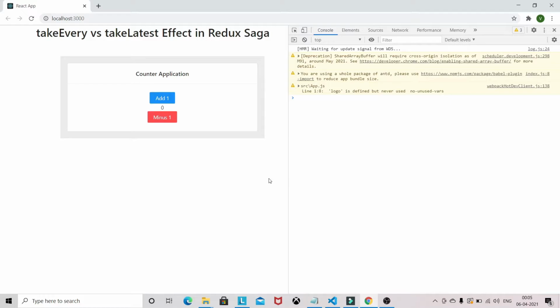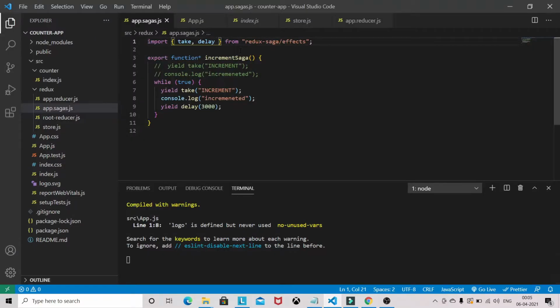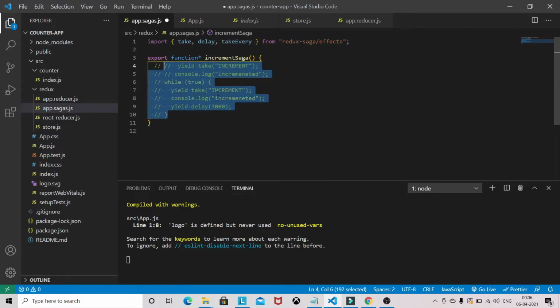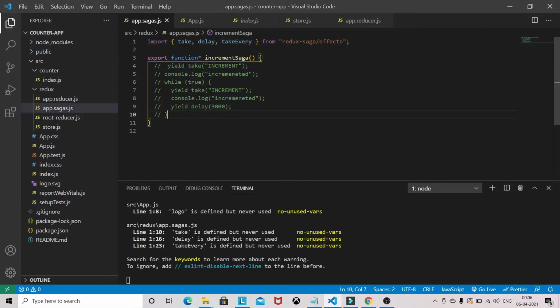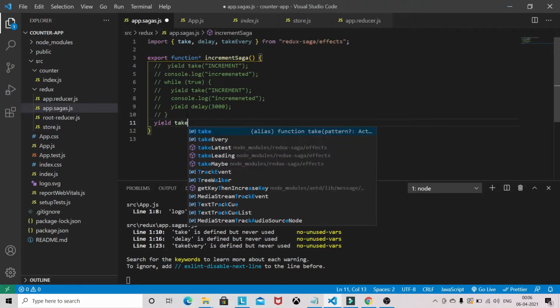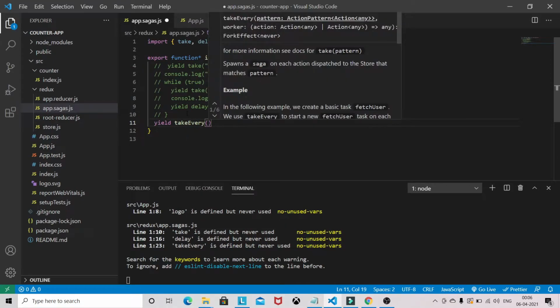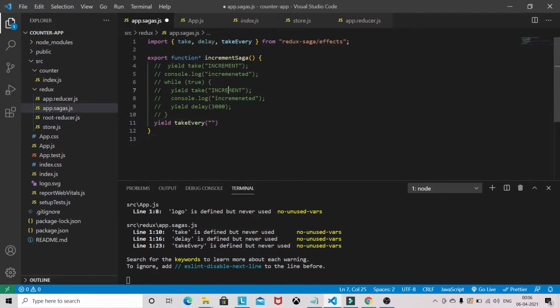Okay, so coming to the Take Every effect in Redux Saga. Let's jump to VS Code and I will make a few changes here. I will comment this one out, and use Take Every, and I will copy this action.